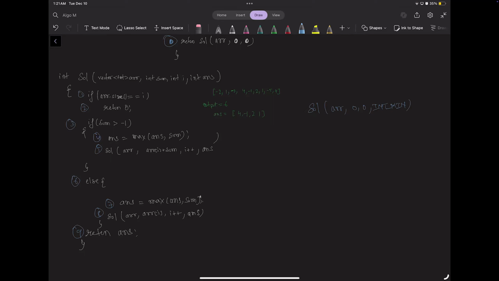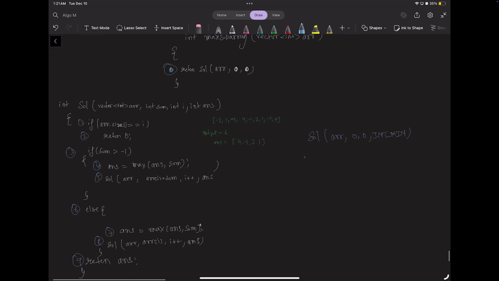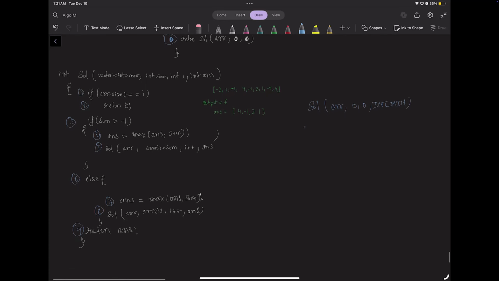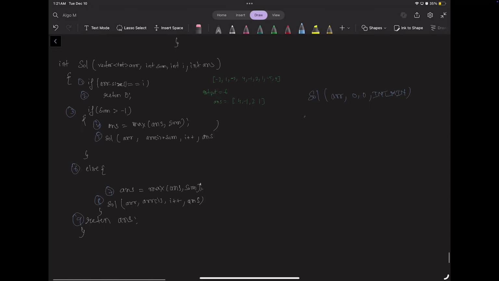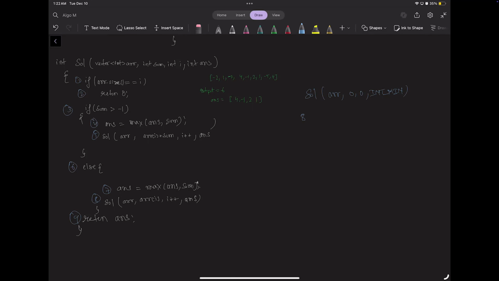Now we have come here, so the first condition fails and it will not return 0. Now, sum is greater than -1, not true, so we'll skip it. And we'll go to else and we'll say the current transfer will be, we will execute line number 8. Line 8 will be executed and